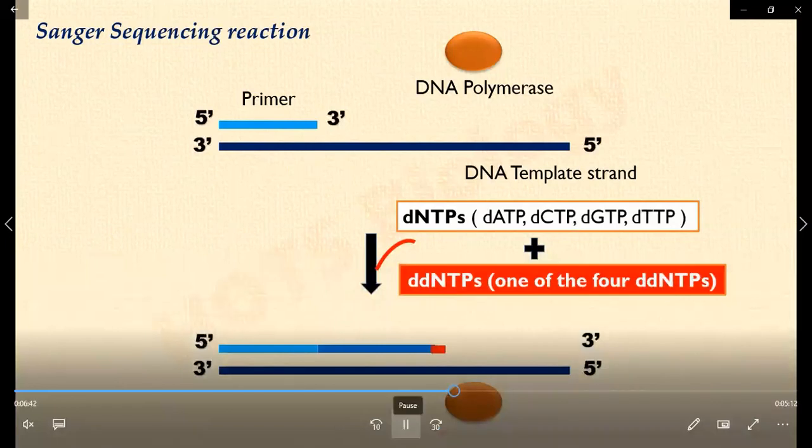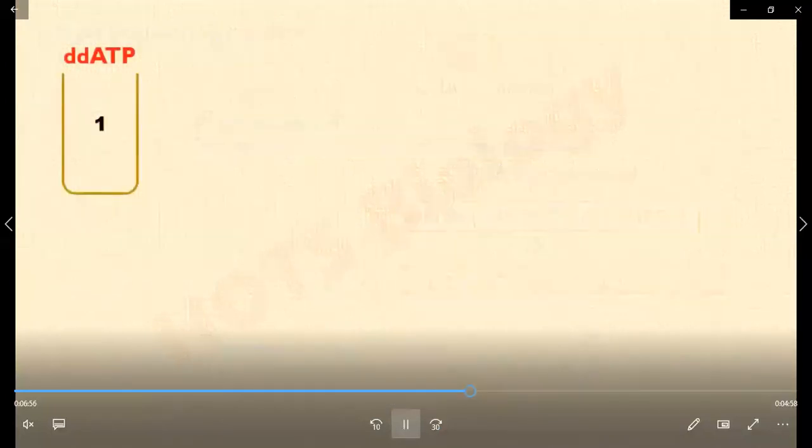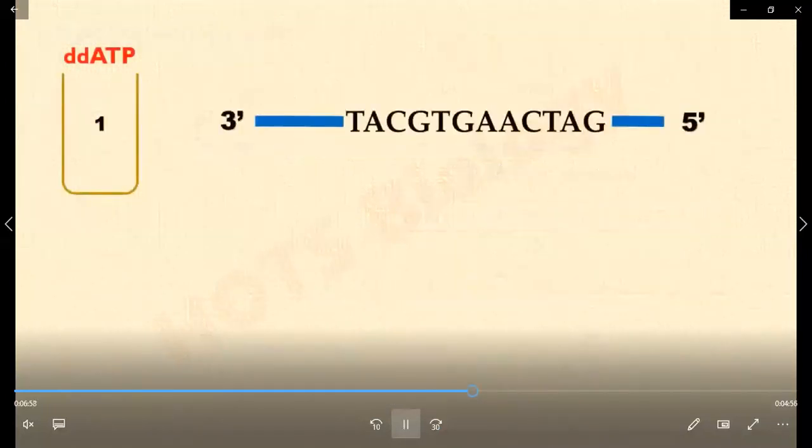We have fragments starting from the same point but ending at different points. We will have different types of fragments because we have different types of ddNTPs, and the replication points can stop at different places. Now in the ddATP tube,